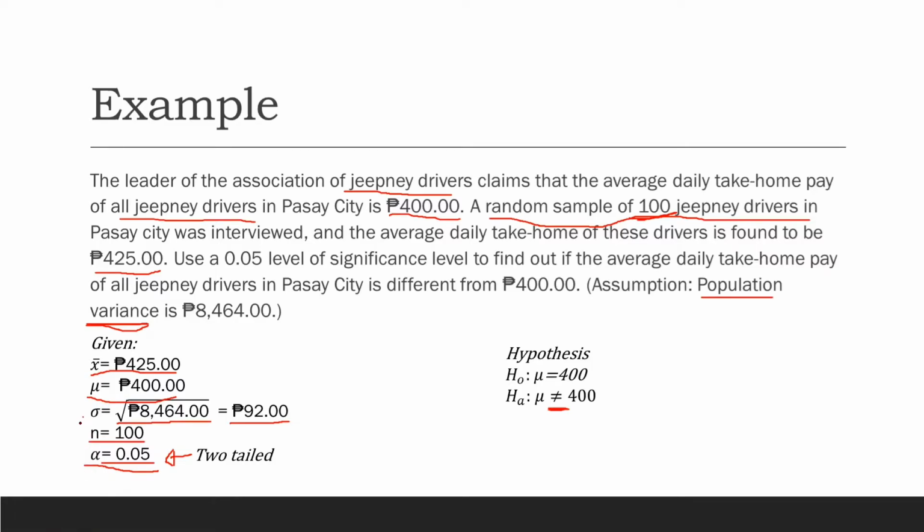So yung n natin is equal to 100. So ang sabi natin kanina, we will use the z-test or z-table if n is greater than or equal to 30. Since this is 100 and it is greater than sa 30, so ang gagamitin natin ay z-test. So now, let's move to our